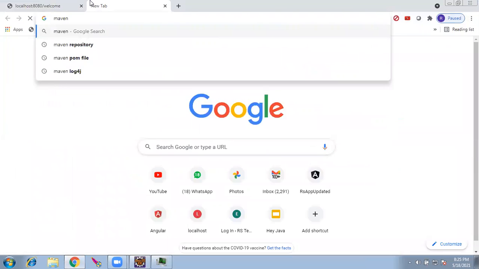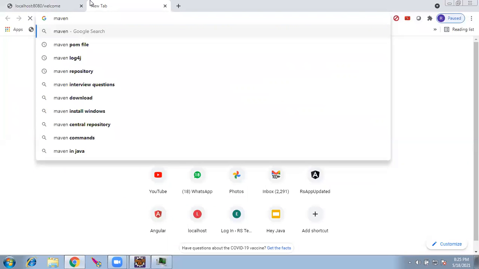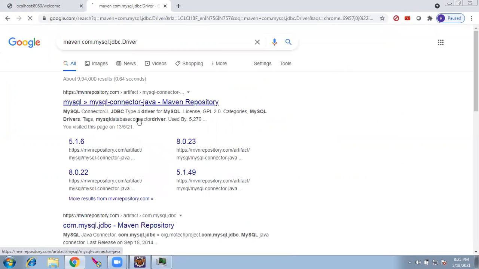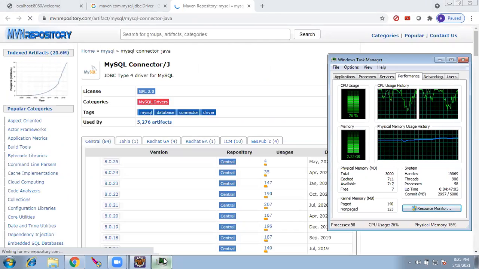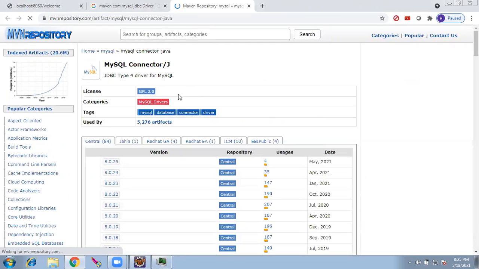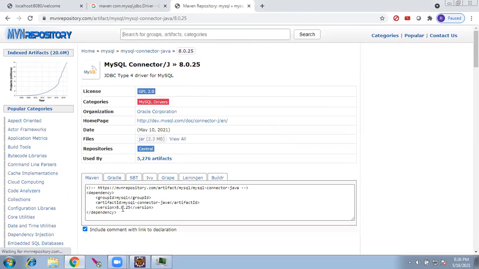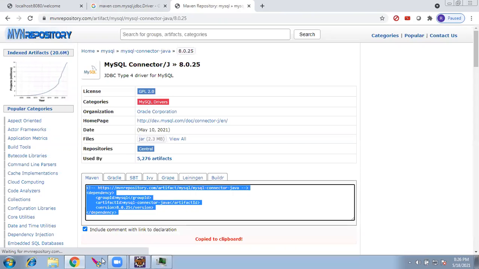So Maven repository for MySQL connector. And the latest jar is in May 2021. Okay, I'll use it. If I go inside, I'll get this section. So it is copied to clipboard.